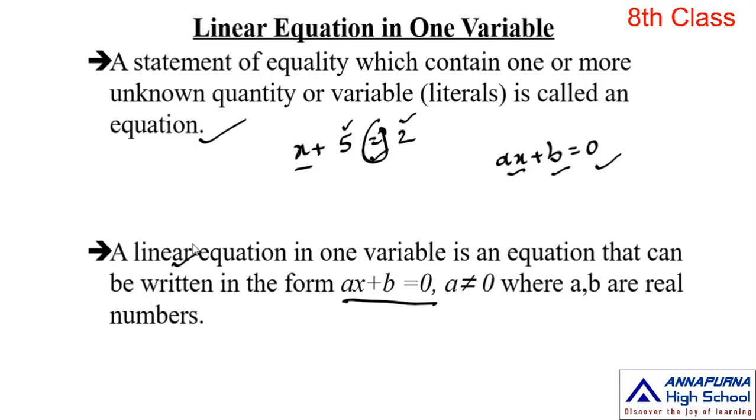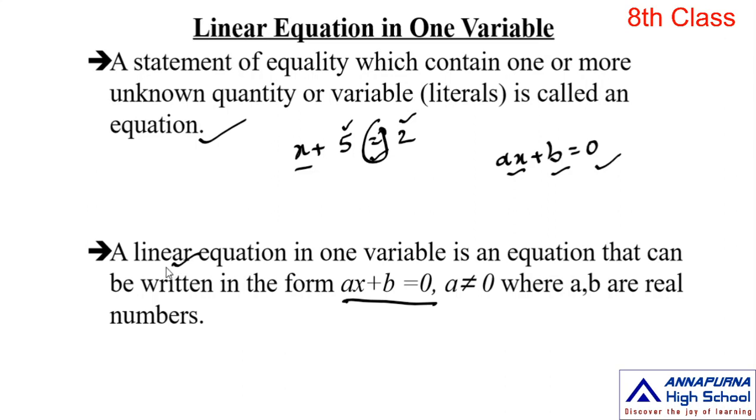Actually, there is some classification of polynomials based on their degrees. We don't know the degrees yet. In 7th class, we classified the polynomials just based on the terms, but based on the degrees there is also a small classification of polynomials. We will learn that concept in the next class, in 9th class. Based on the degrees we give a short classification for the polynomials. In that classification, linear is 1.